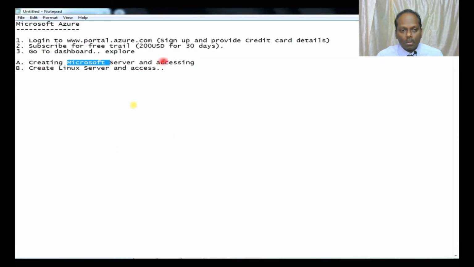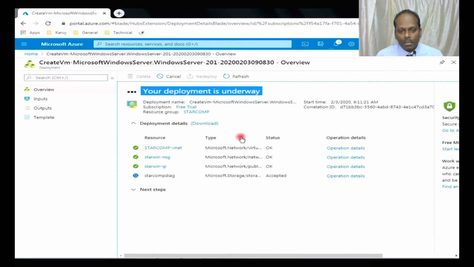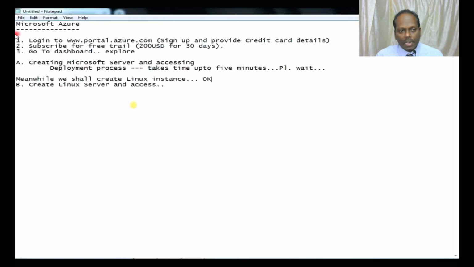Deployment is in progress. Meanwhile, we can create even a Linux server also. So deployment is under progress. It takes about 5 minutes. Okay, that's fine. Meanwhile, once again I select another instance, Linux, and I'll create it in the same